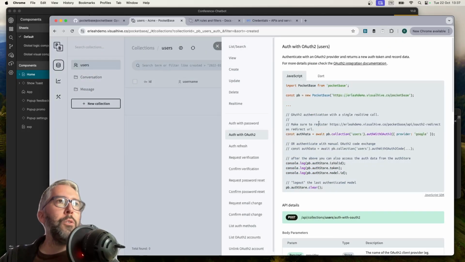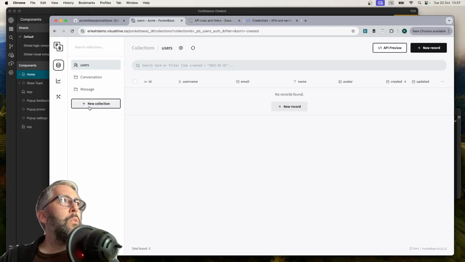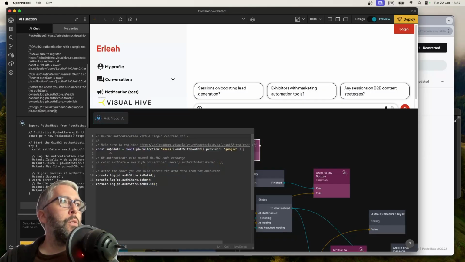where it says, make sure to register OAuth to redirect as the redirect URL. So this will give you wherever your client is currently hosted, automatically put in here. So you just copy paste that into Google or whatever as the redirect URL. And then we can go into the Noodle app where I've set up that function. So I just copy pasted, like I haven't done anything with it yet. There's things where you can add manual OAuth code exchange if you want to do that for whatever reason. There's a way to do it as well, but